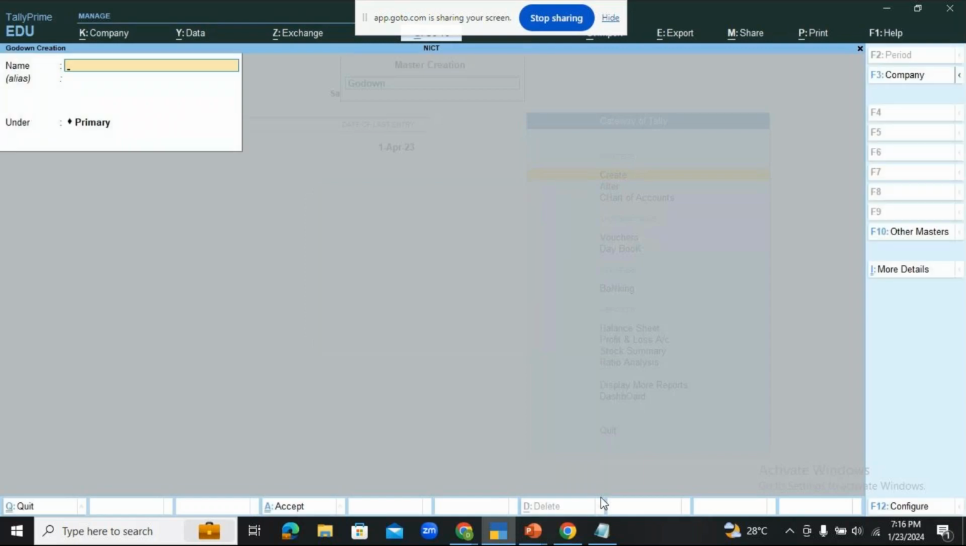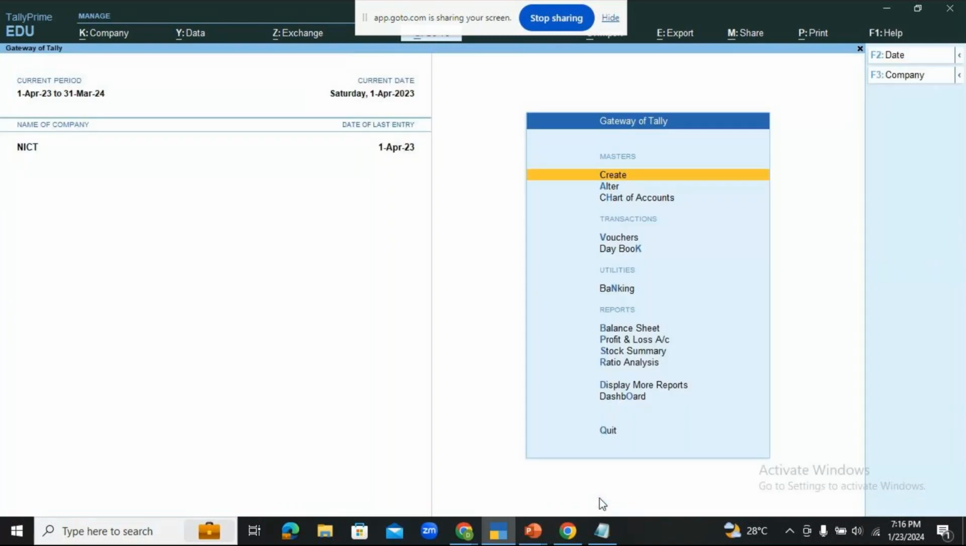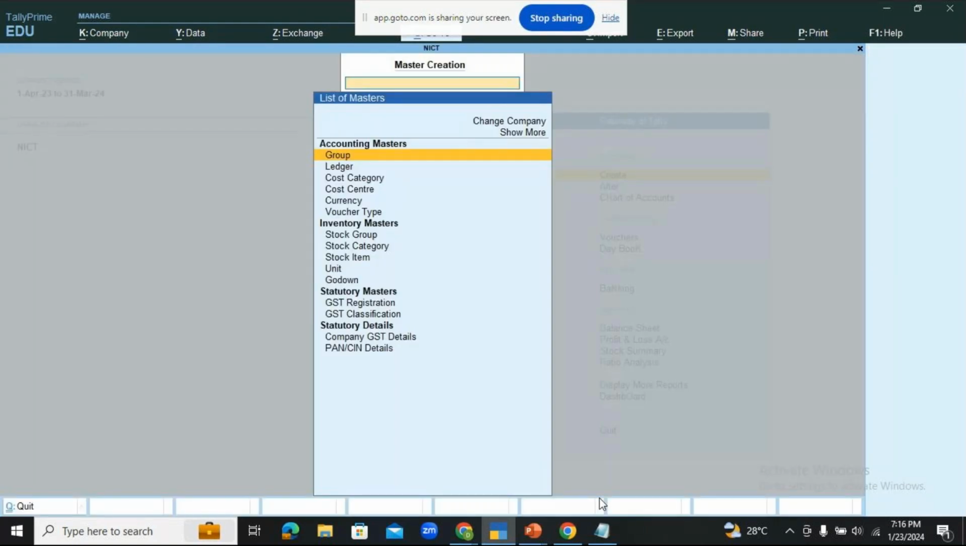Can you repeat this step? Okay, fine. Now, from Gateway of Tally, under Masters, you have the Create option. Press Enter on the Create option. Now, under Inventory Masters, accounting we're done, so you come to the Inventory Masters. The last Inventory Master you have is this Go Down. So press Enter on Go Down or Location. In certain cases, it also shows location. Both are the same. So press Enter on Go Down,